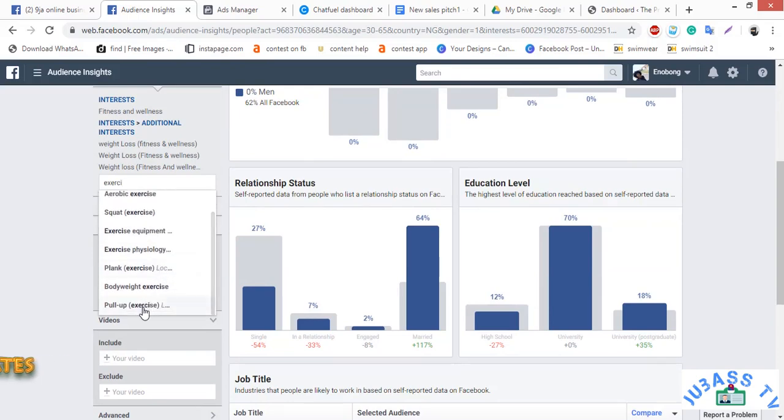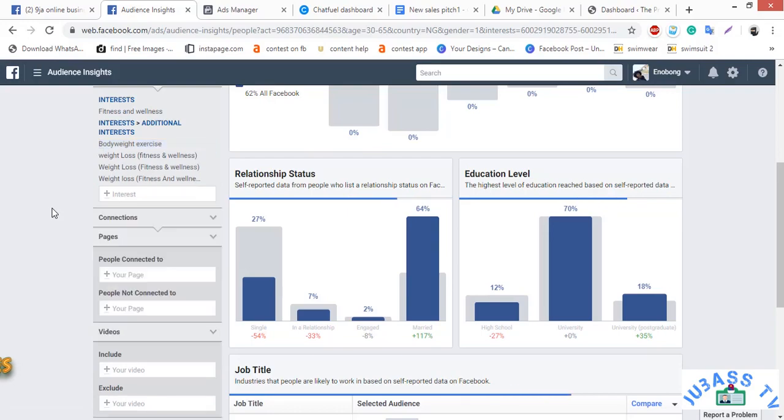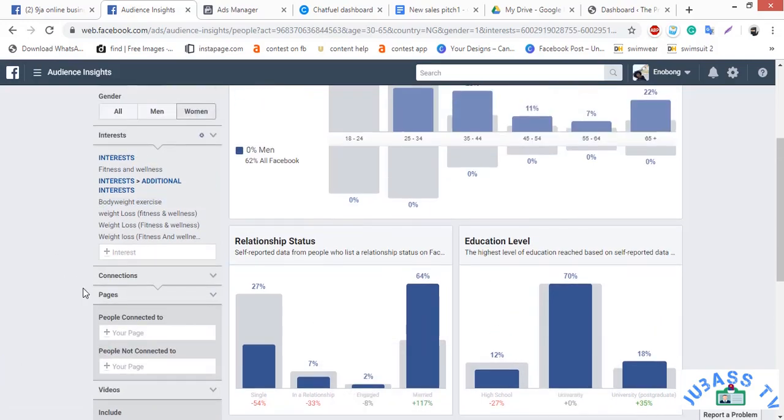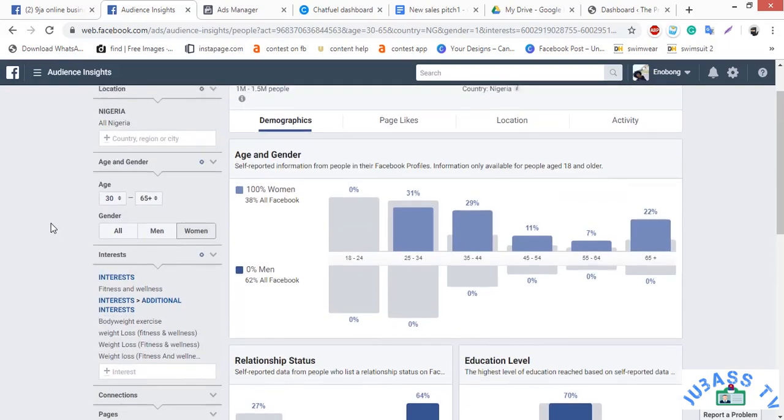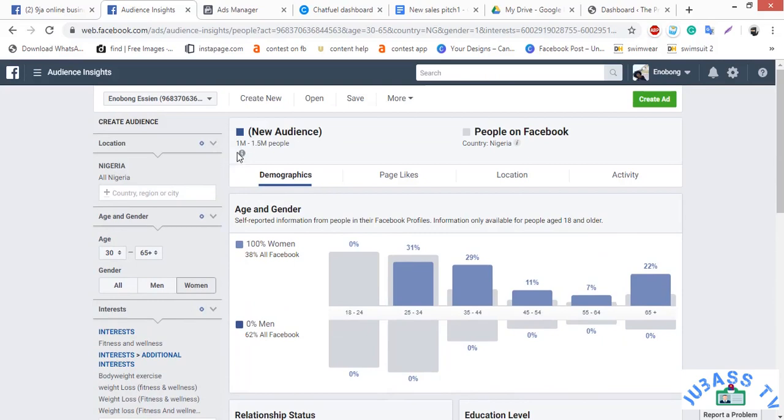Okay, let's just add body weight exercise. All right, so as you can see, this is it. Now for the demographic, as you can see, 1 to 1.5 million people are interested in losing weight.